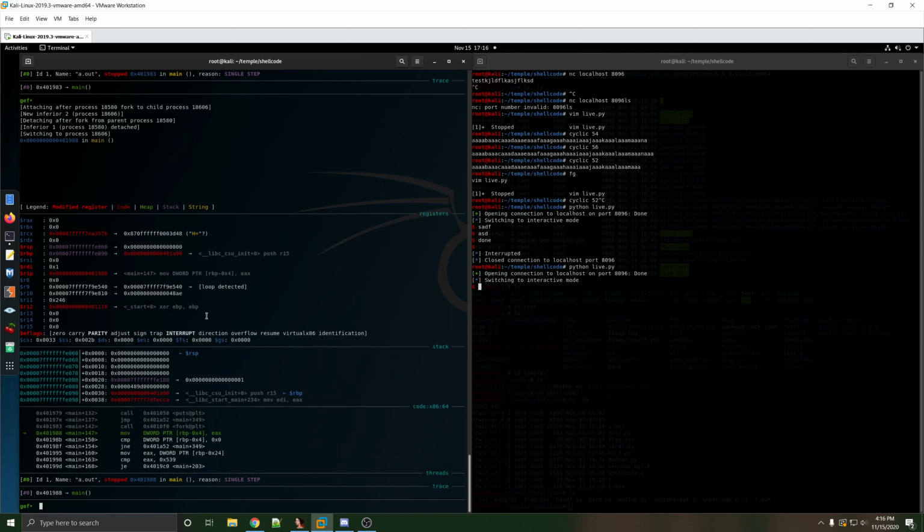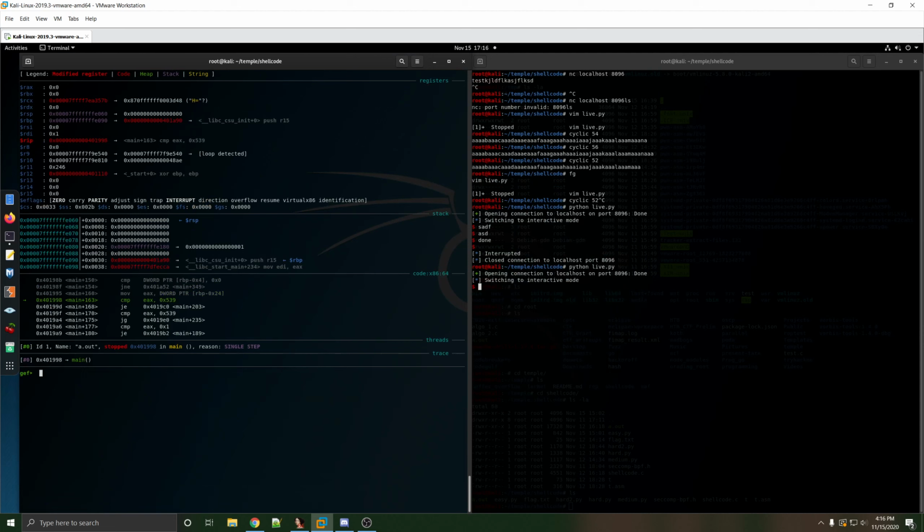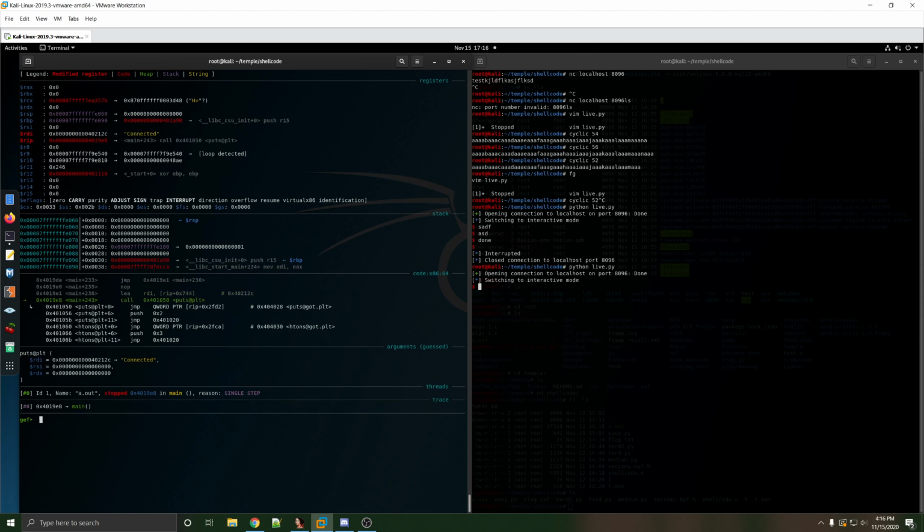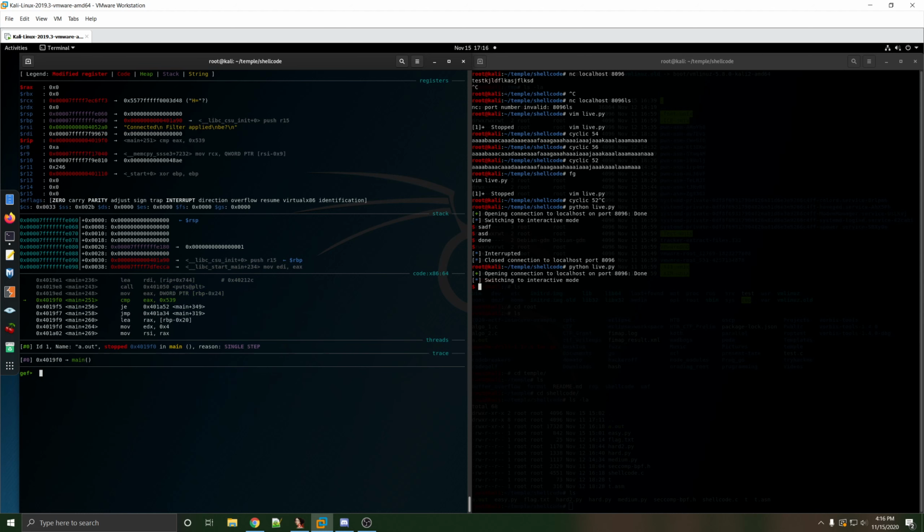Alright, but it attaches to the child process, and now we can actually step through it in that context. And if we wanted, we could step through it just to the read, which here's going to do the filter. Nope, no filter because we put 0. Prints connected. Comes down to the read. Reads in our string,